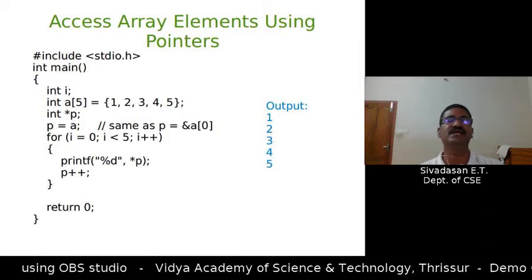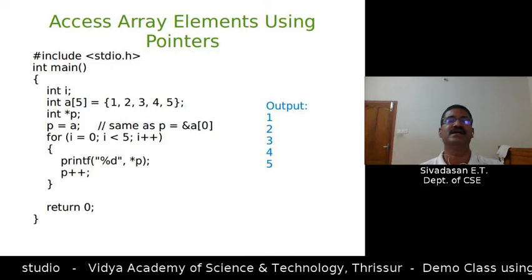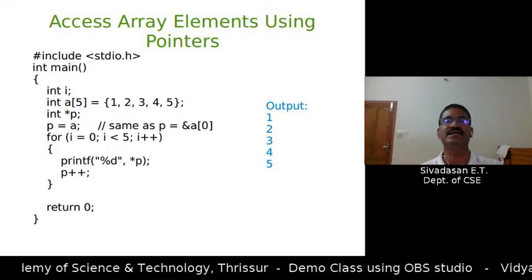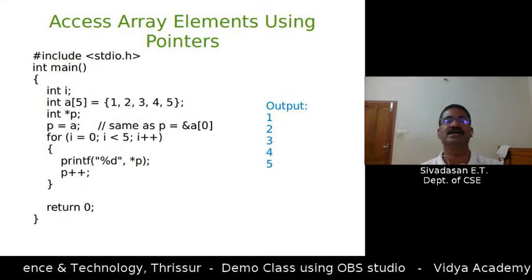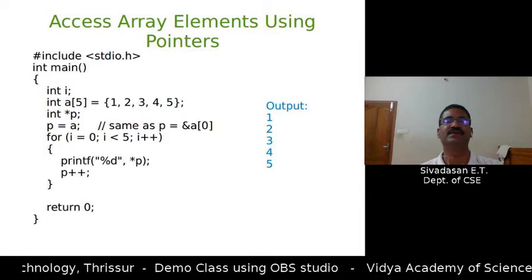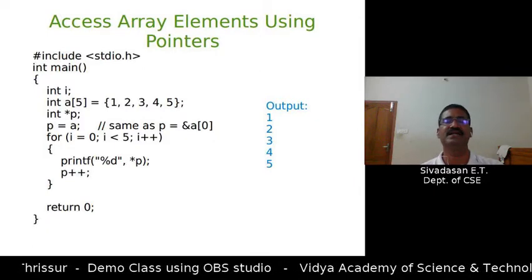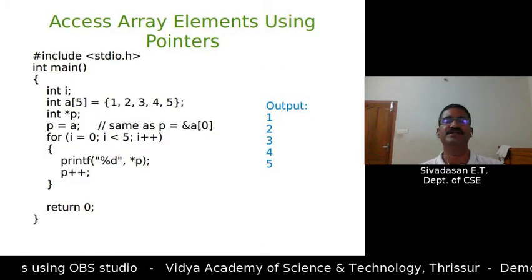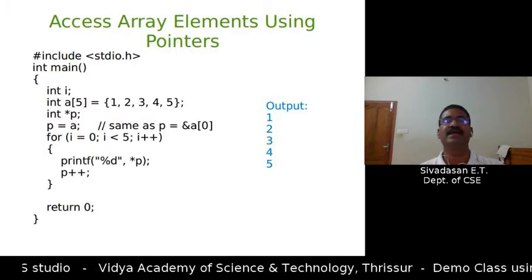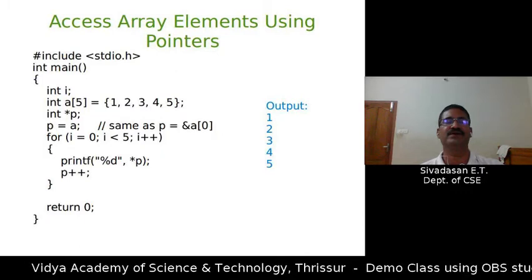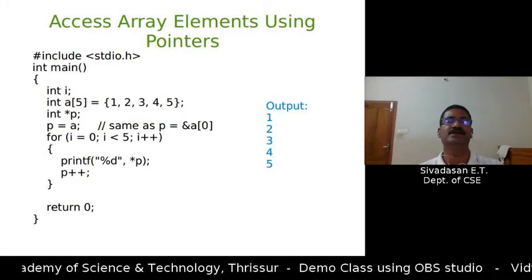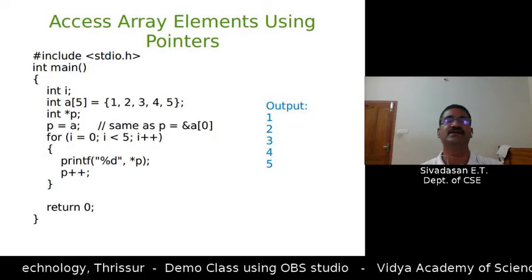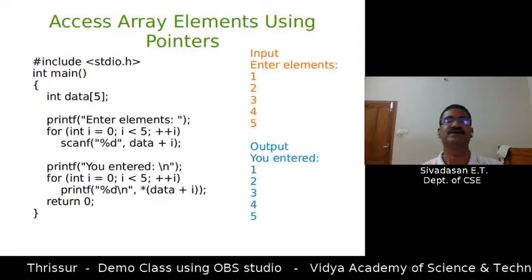The advantage of using arrays and pointers is, see, if you use pointers rather than using an index, the execution of the program will be very fast because it directly deals with the memory. Moreover, if you use pointers along with arrays, it consumes less memory compared to ordinary indexing. So that is the advantage of using pointers and arrays together. Now let us go to the next slide.